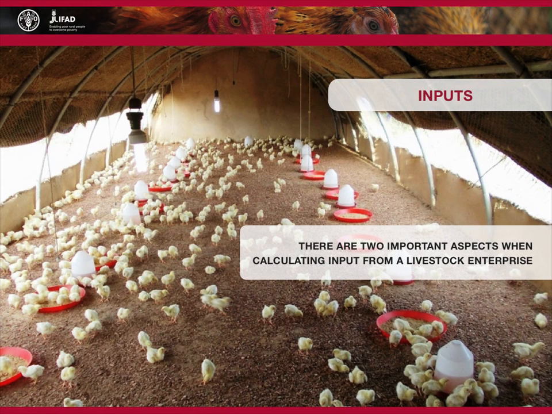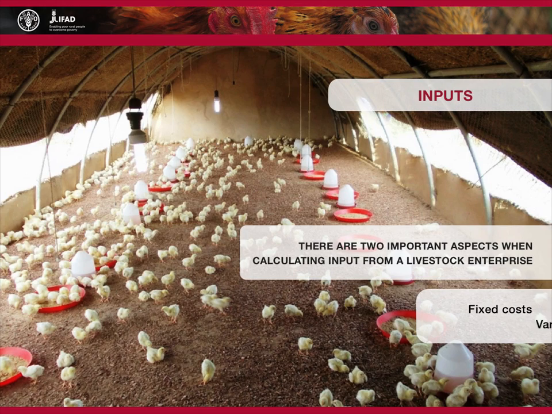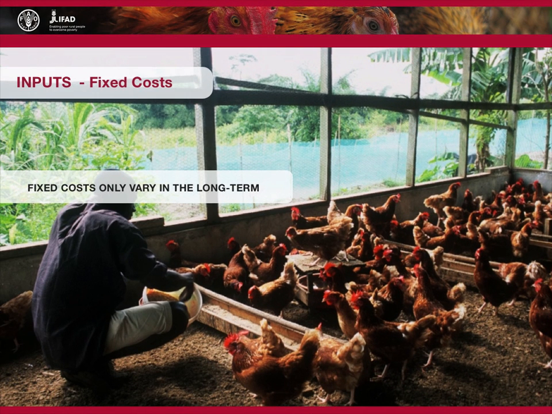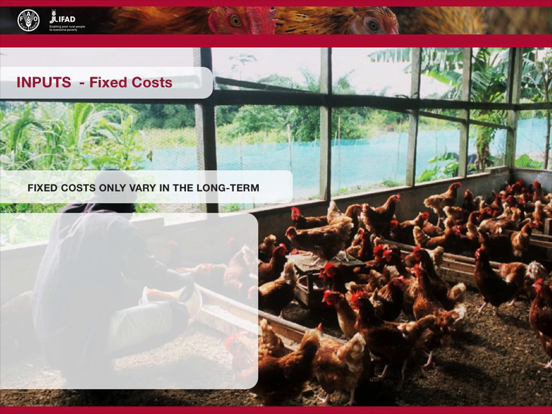There are two important aspects when calculating input from a livestock enterprise: fixed costs and variable costs. It is important to remember that fixed costs only vary in the long term, and that even if there is no production, the fixed costs will still exist. In a farm with a mixture of enterprises, the fixed costs will be shared among the enterprises. Fixed costs may include